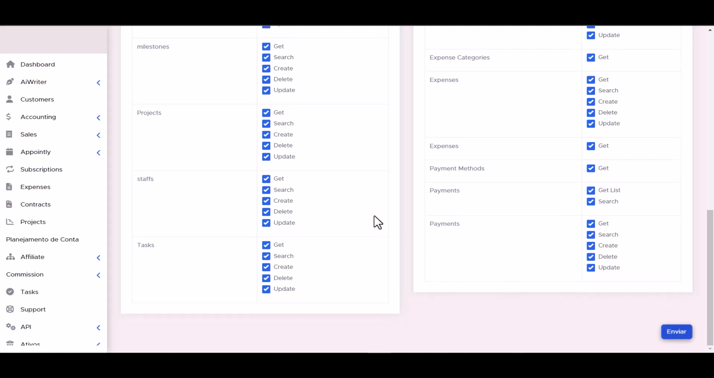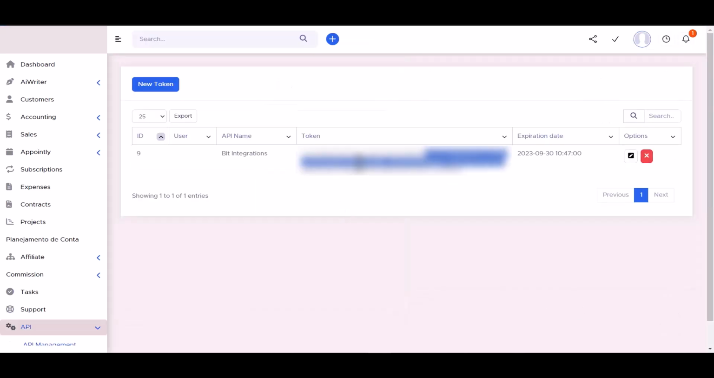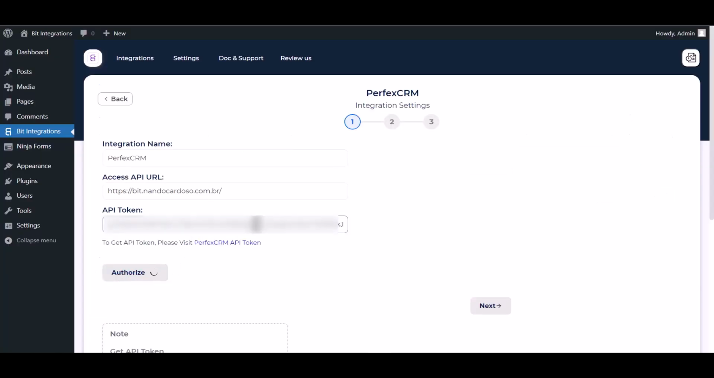Envier. Copy the API token and paste it here. Authorize it. Authorization is successfully done. Next,